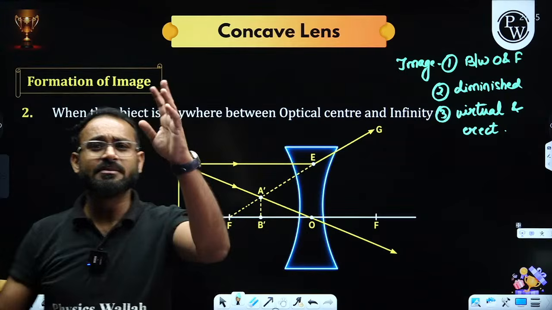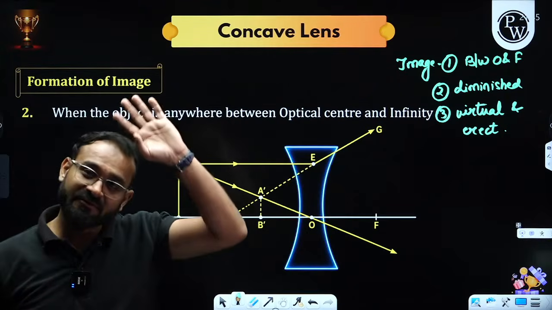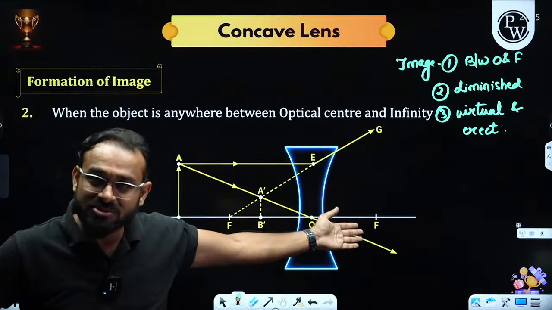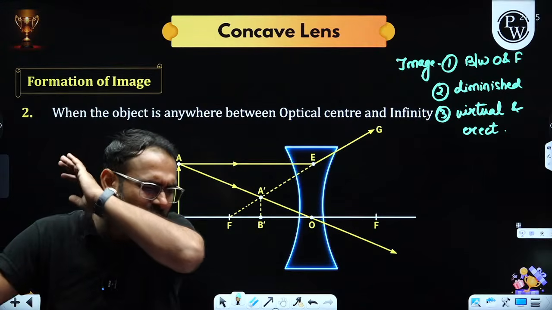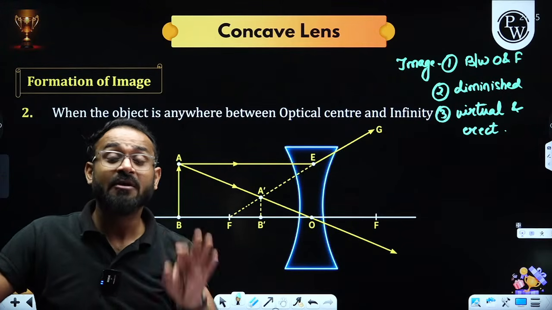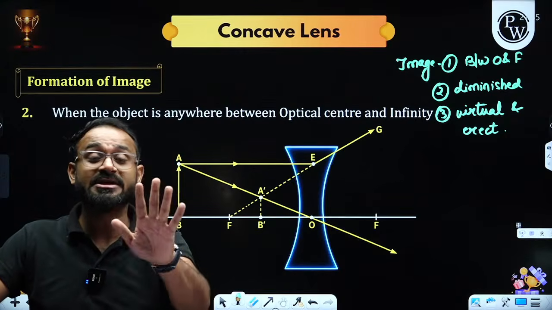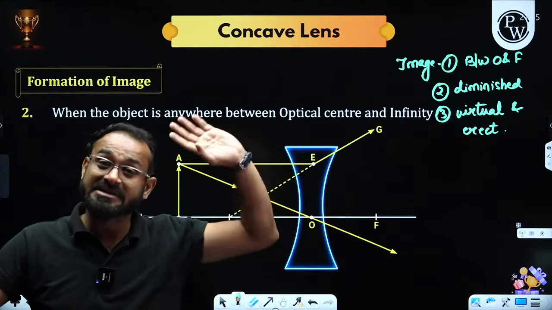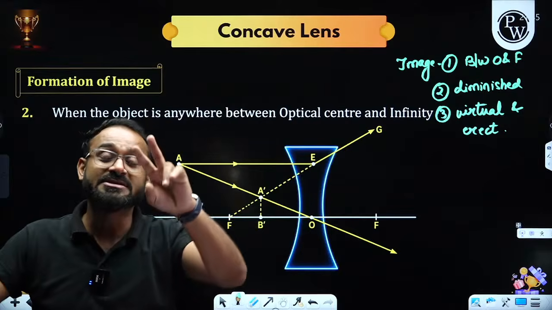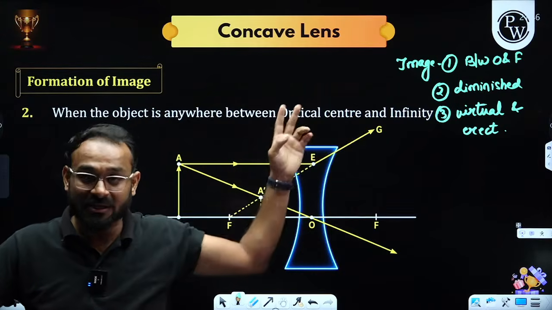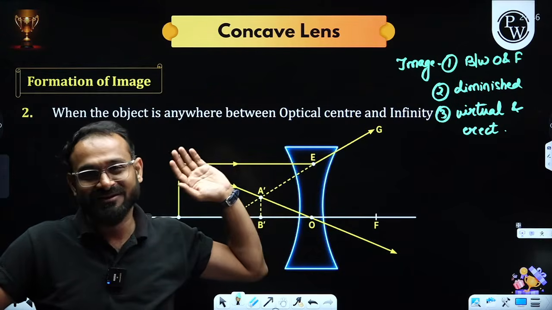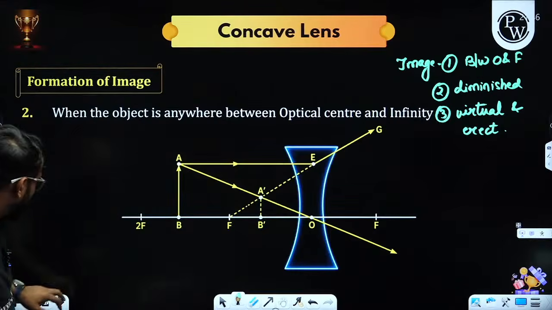They are exactly similar to the mirror. There we were using reflection. Here we are using refraction. Otherwise, there is no change in the cases. We are getting the exact same 6 cases for the convex lens as for the concave mirror, and the 2 cases which were given in convex mirror, here we are getting in concave lens. Right, right. Yes, sir. We have got this.